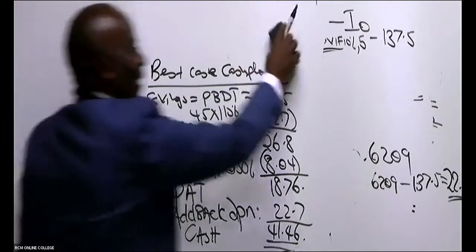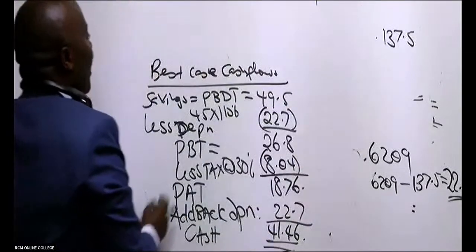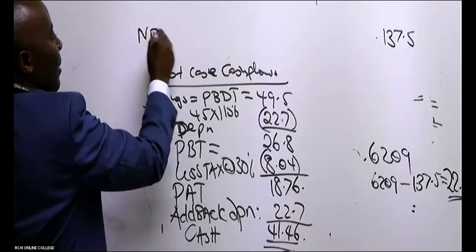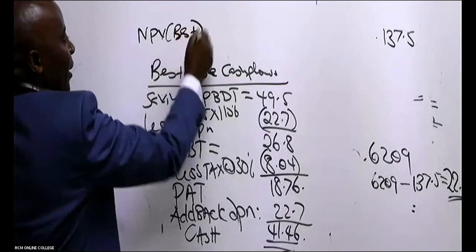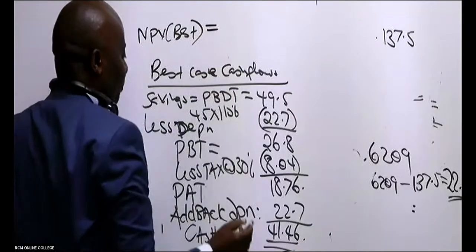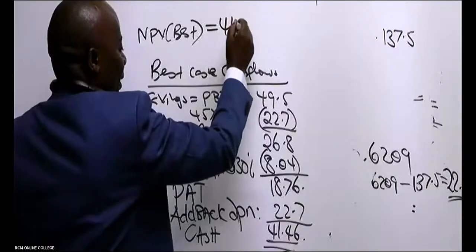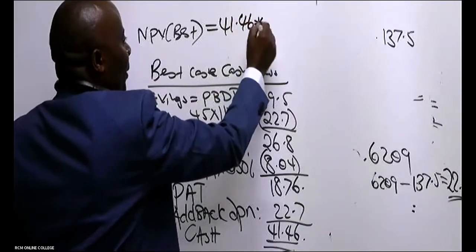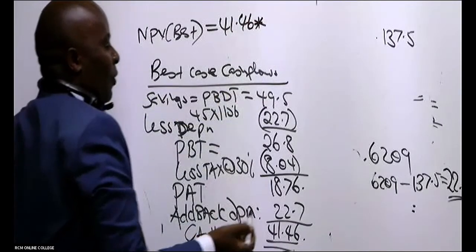Oh, okay. Great. So then you'll be able to come here and give us NPV, which is best case for best, which in this case, ladies and gentlemen, will end up giving us what here? So this is 41.46. Do you remember the PV4? The PV4 was